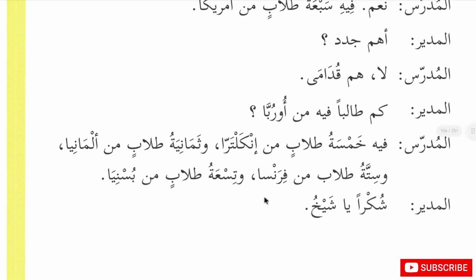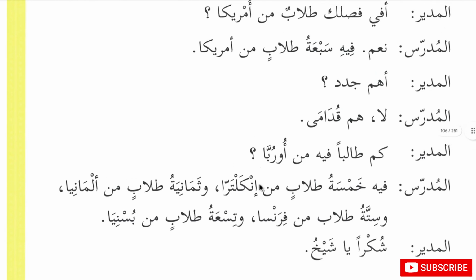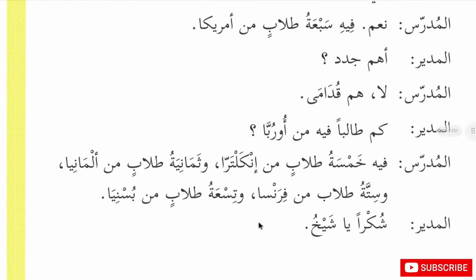Thanks يا شيخ. I'm not sure if number 6 was mentioned, so the numbers are wahid, ithnan, and then for all these 3 to 10, you follow this rule. So all numbers from 1 to 2, you follow the rule of an adjective. So talibun wahid or taliban ithnan, or you could just say talib or taliban is enough to refer to 2 students. If you want to say between 3 and 10, you would say thalatha,